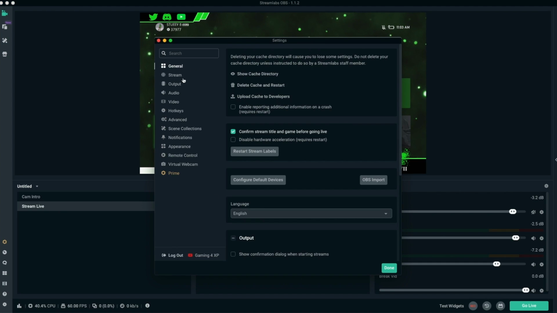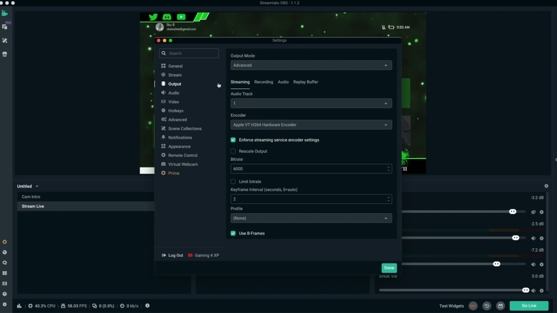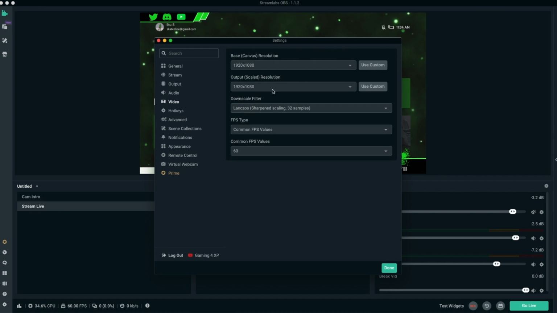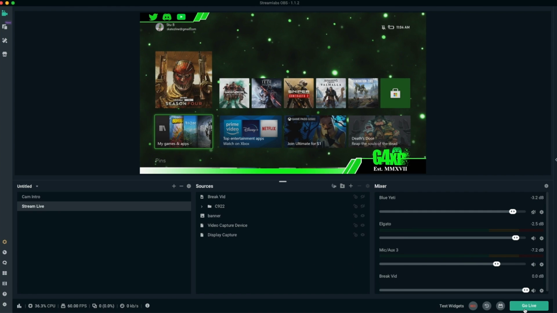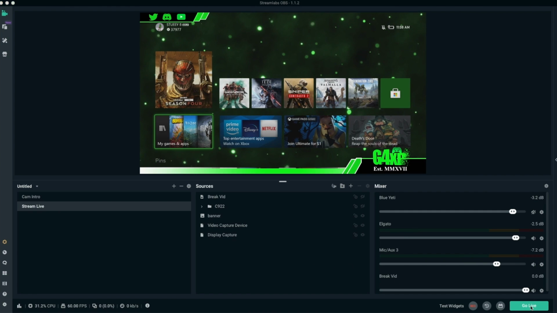So click on the little gear icon, go to output, make sure advanced output is on streaming, and you'll see there's the bit rate there. So don't exceed what it tells you, what you've set it as. 6000 is for 1080p for me. And if you decide to do 720, make sure that your output there is set to 720 as well, because that's your stream output. Okay, once you've done all that, checked all that, hit the go live button there,